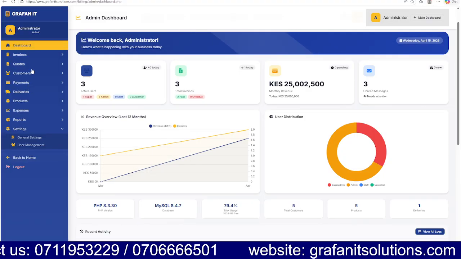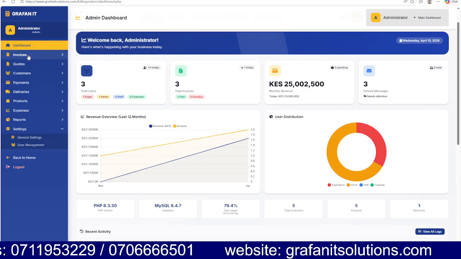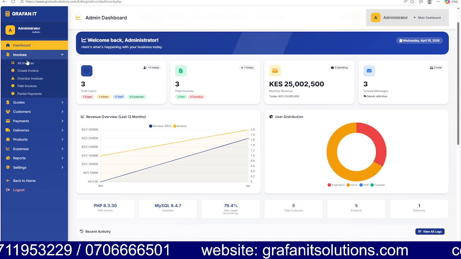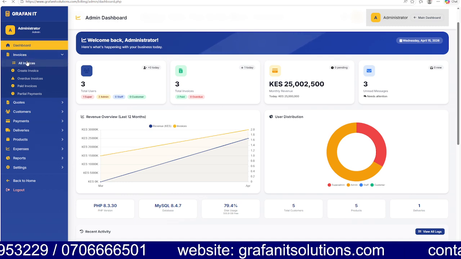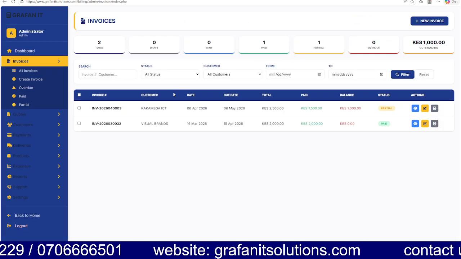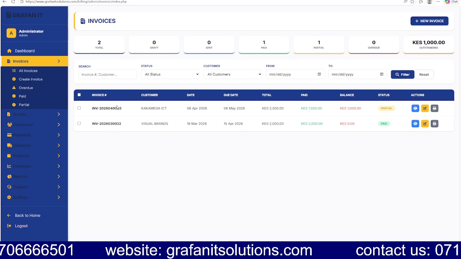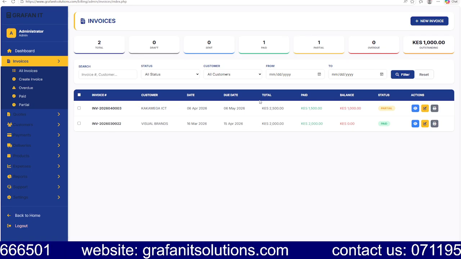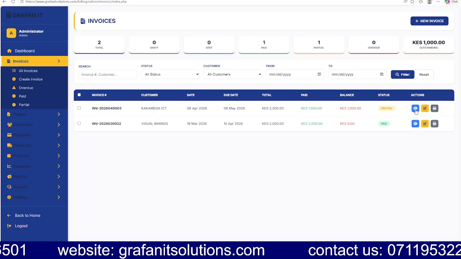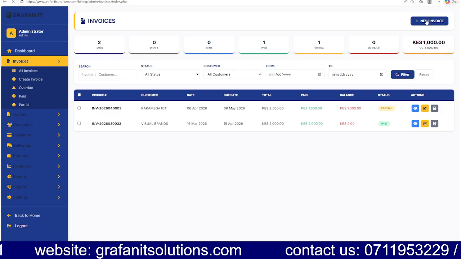So here you will start with the invoice. If you are going to the invoice, then you click on all invoices. So this is the invoice that you will be able to see. You can trace. So if you are going to create an invoice,